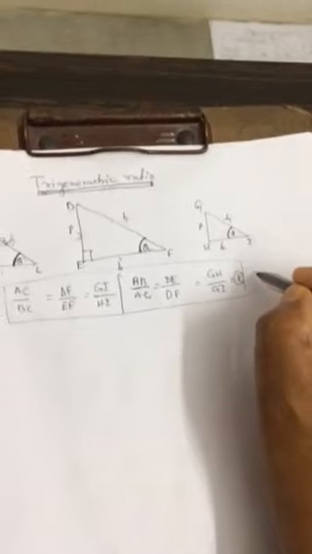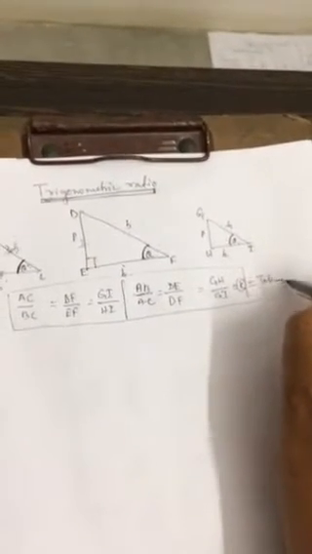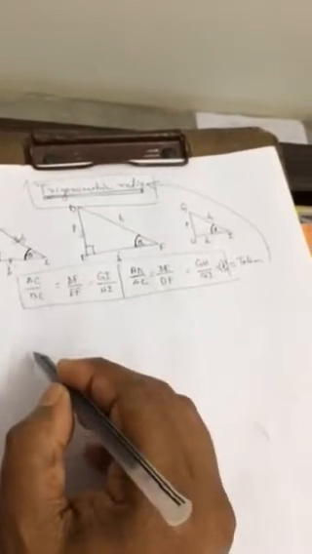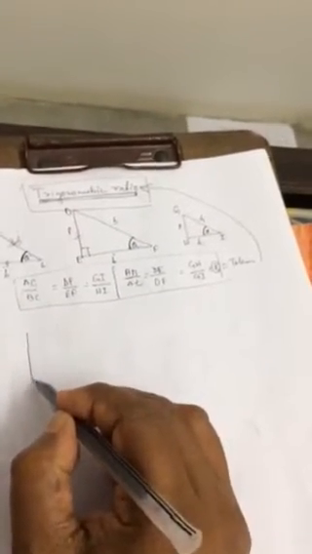So I am telling you that taking this relation, the concept of trigonometric ratio can be understood. Taking this relation in view, the concept of trigonometric ratio is broad. Okay, so now I will come to the trigonometric ratio only.